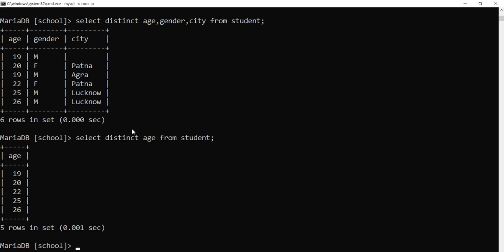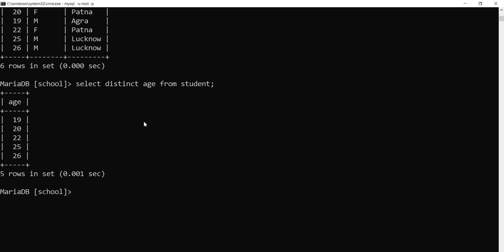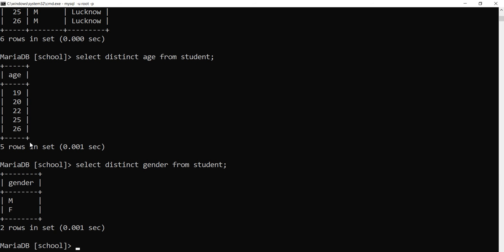Age: you get the result 19, 20, 22, 25 and 26. They have not been repeated. Then after age, gender: only two, either male or female.